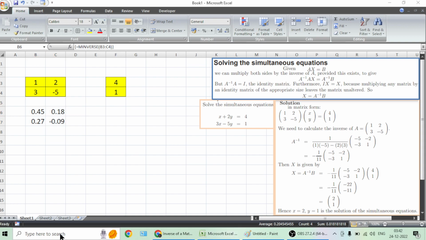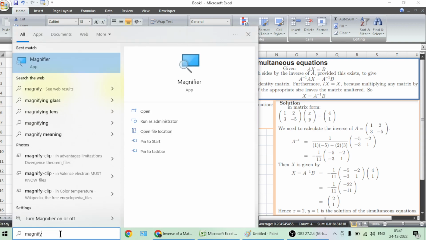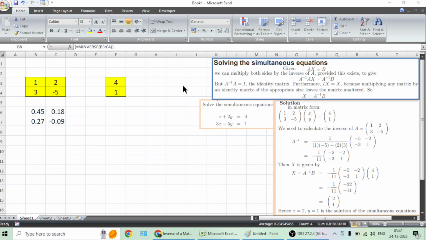Let me zoom in and show you, magnify. This is a different formula because we are trying to put the formula in all 4 cells. So what is required is we need to place another set of brackets, which is curly brackets,